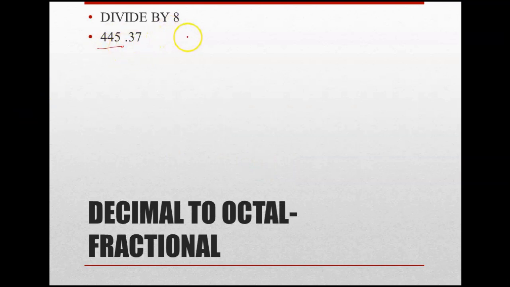The fractional part, what you have to do, remember, in case of the fractional part, we did that question in the binary conversion also. There we used the repeated multiplication method, multiplying by 2. But this time, as we are working with octal conversion, we apply the repeated multiplication method and multiply by 8. So just multiply 0.37 by 8. 7 8s are 56, 3 8s are 24, then 29.